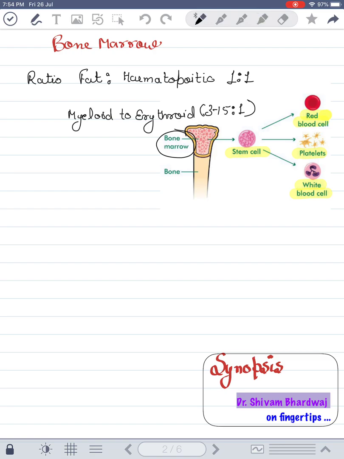First of all, I must tell you the different sites of hematopoiesis we should know about. Bone marrow is not the sole place where blood cells are produced. From the start of birth, from intrauterine life, we have a lot of organs in which this is produced. So if we talk about the different sites of hematopoiesis, first is